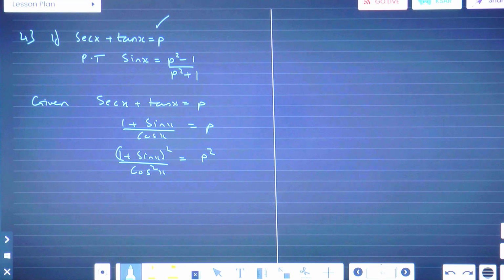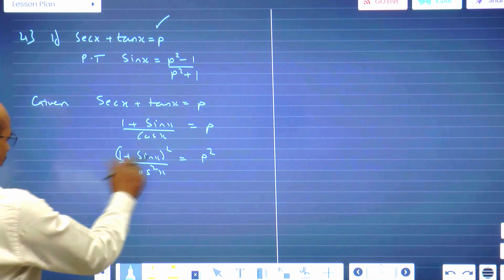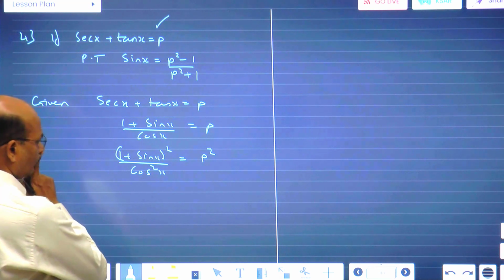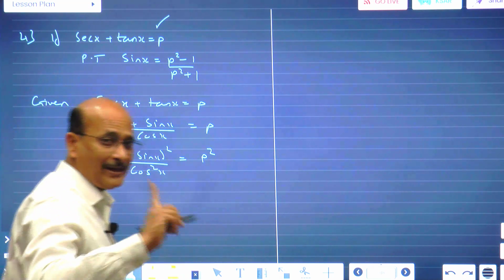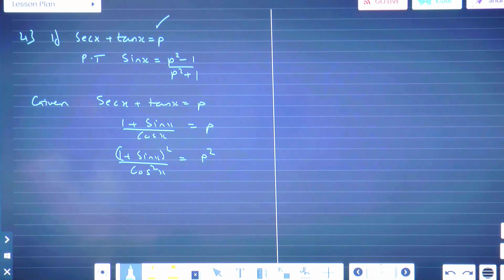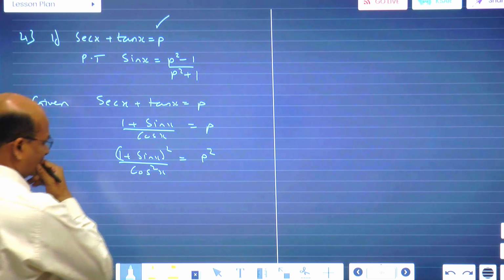So 1 minus tan square x is equal to sec square x, right? 1 minus sin square x is cos square x, correct? No, 1 minus tan square x is equal to sec square x, right? No, 1 plus tan square x is sec square x. Okay. So what I would suggest is,